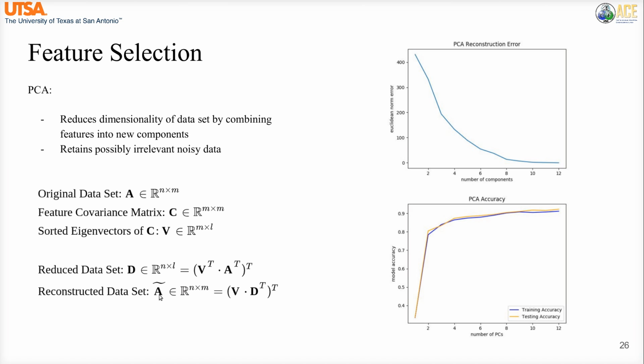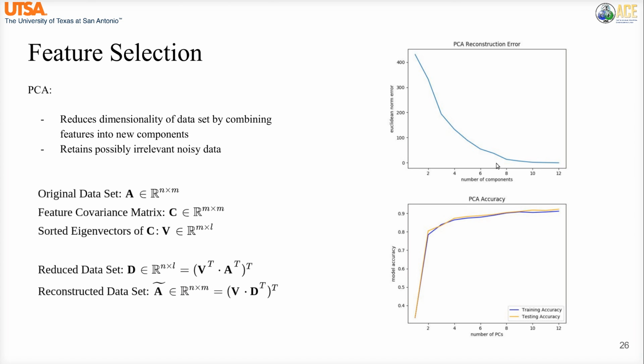And so what I did to try to identify what the error would be was I iterated from one principal component to the full 12 features, so the full 12 components, and then I would calculate the L2 norm between the original data set A and the reconstructed data set A tilde, and then plot the Euclidean norm here. And as you can see, unless you are only getting rid of the first couple of principal components, you are going to exponentially start to